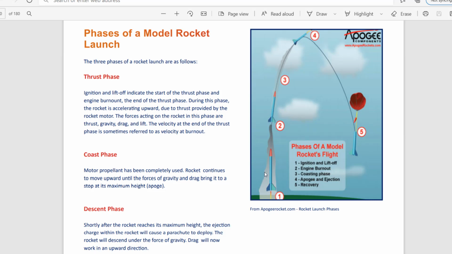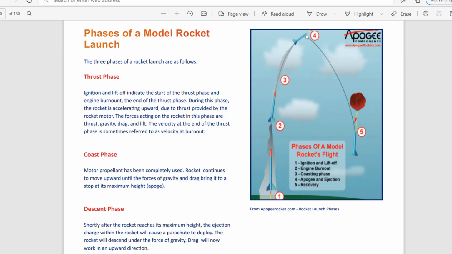The second phase is the coast phase. The coast phase starts when the thrust phase ends, and during the coast phase, the only forces acting on the rocket are gravity and drag. There is no longer any thrust because the propellant in the motor has been expended. Shortly after the rocket reaches its maximum height,